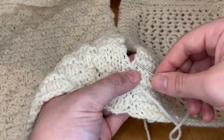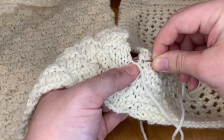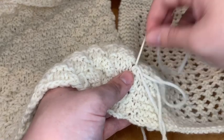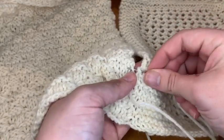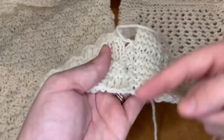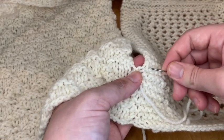Just keep going from either side with your stitches, and just keeping an eye, like I said, on everything being even. And then once you're done, you're gonna have two tails to weave in. Obviously, you're gonna have a tail on this side and one on the other side, unless you're not,